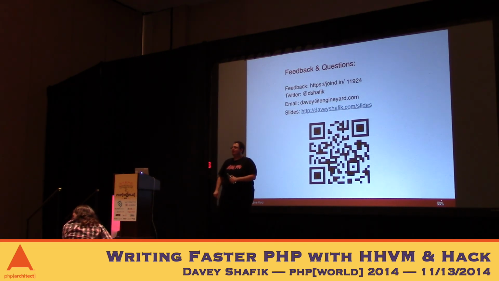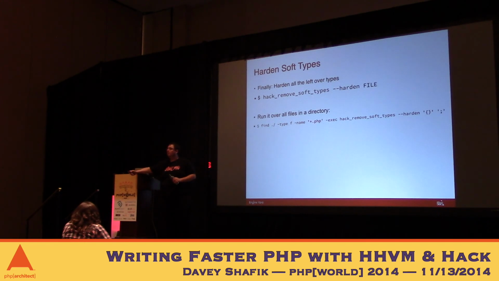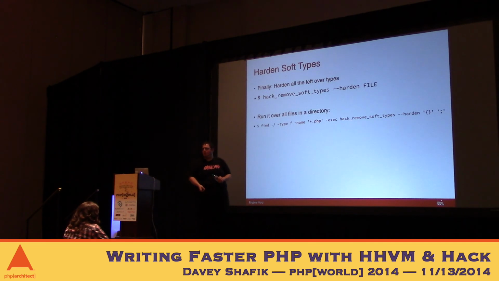I was looking at your example of the HHVM configuration. Is the JIT setting now turned on by default? Which setting? The JIT? It is for Linux, but the repo authoritative mode is not. That will always be off by default. JITting is not something that happens every single request. It does sit there and check for hot paths and stuff like that. So yes, they have it on by default. Anyone else? Out in the middle here?